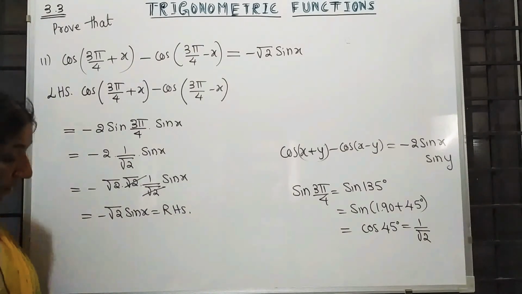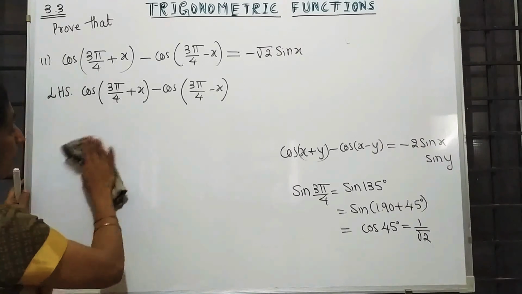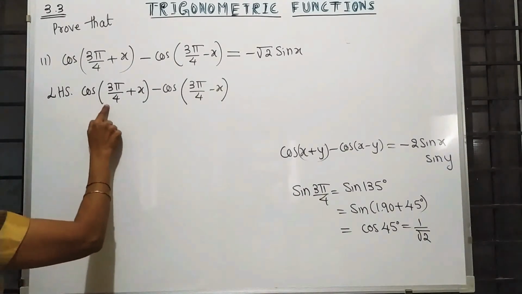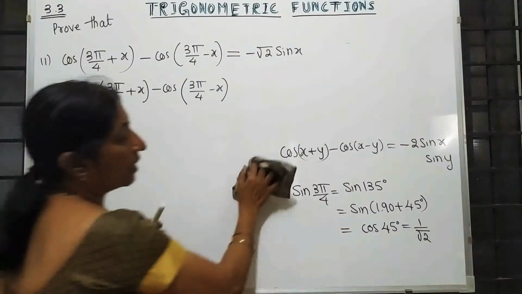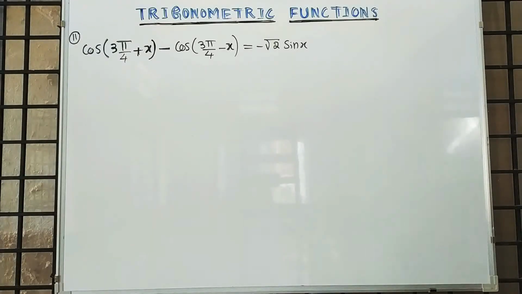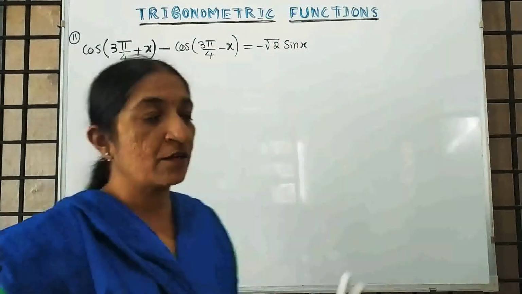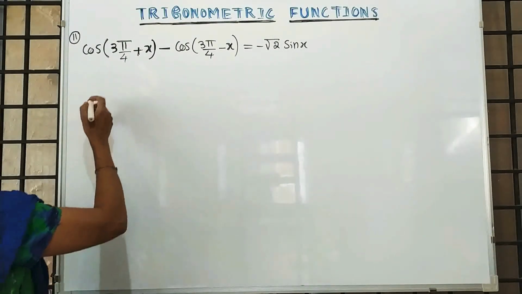What is that other method? Write the LHS. See the left side, the first term is in the form of cos of x plus y. The next one is cos of x minus y. See students, already I explained one method for this example. Now I am explaining one more method for this example. So here, write on the left side,